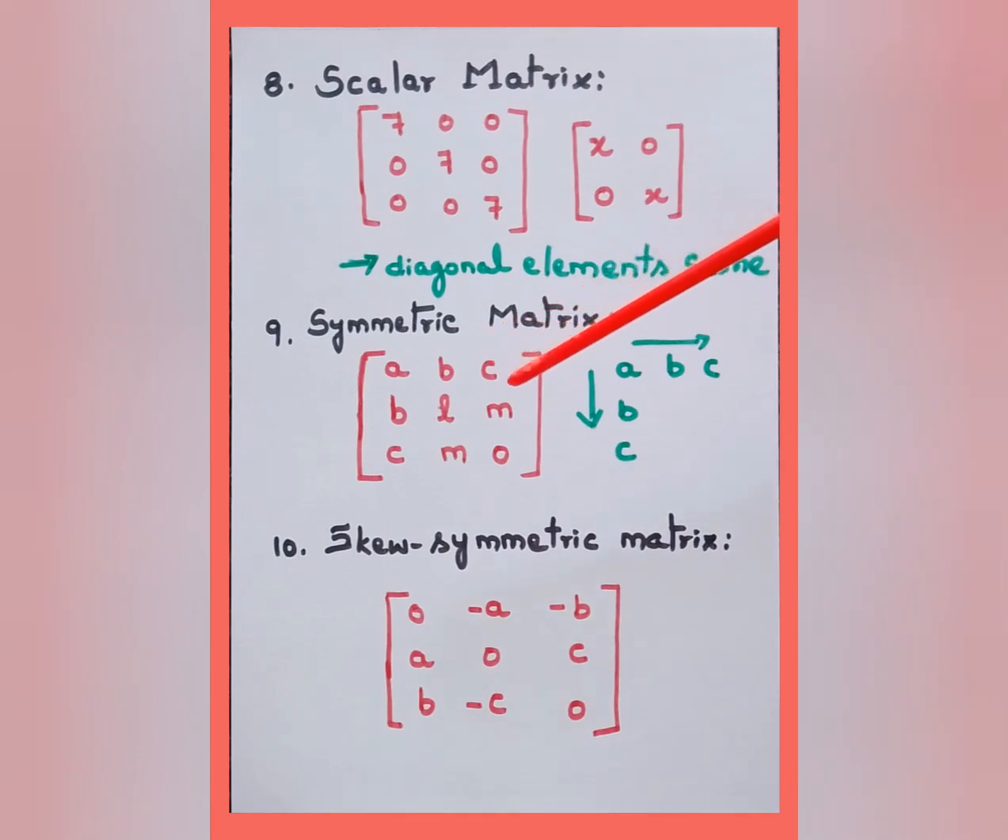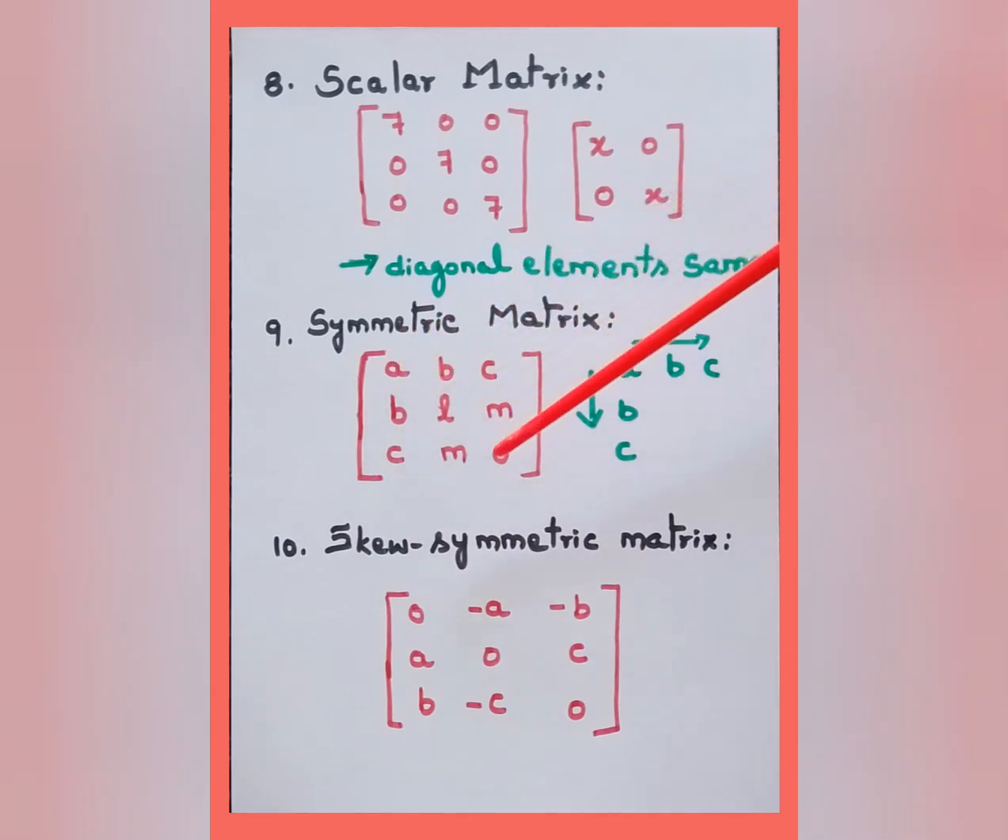A square matrix is said to be symmetric if it is symmetric about the principal diagonal, or you can also say that the transpose of this matrix is equal to the original matrix. So here only a square matrix can be a symmetric matrix. You can observe here about the principal diagonal B, B, C, C, M, M, and it is symmetrical about this